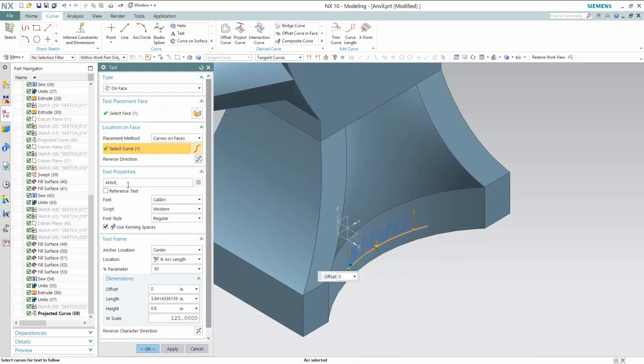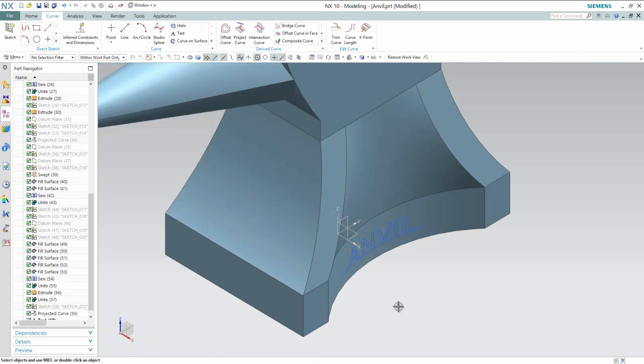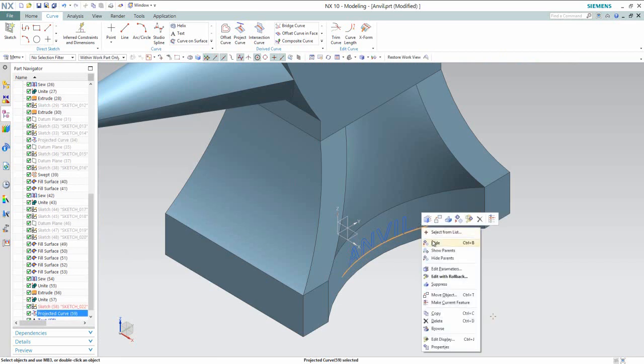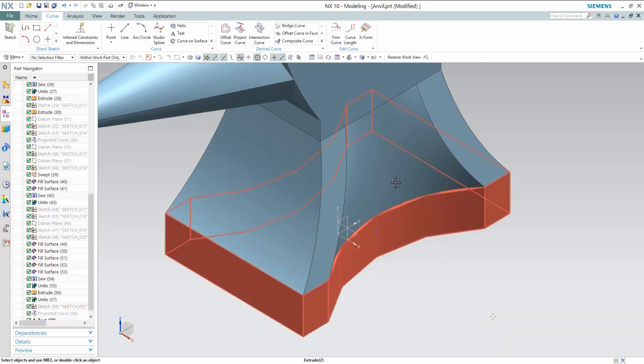Set the name anvil. Okay, now my text appears. Hide the visibility of the sketch.